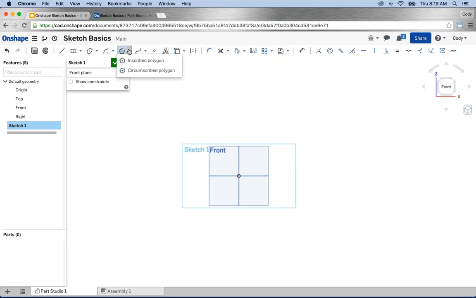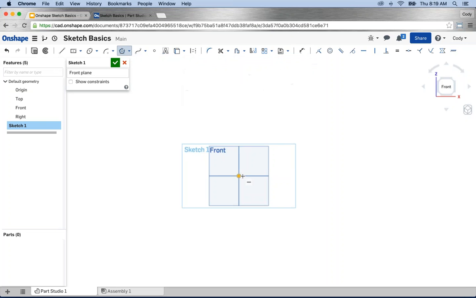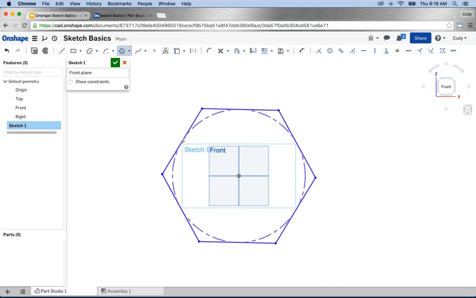Now, we have 2 different polygon tools, but they're really very similar with one difference, and that's how the polygon is defined in size. You can have either an inscribed or a circumscribed polygon, and it's really just how you want to define the size of the polygon. But I'll walk you through both. Let's start with an inscribed polygon. It's very similar to a center point circle in how it's defined. So you first start with the center. So we'll start at the origin, left click, and of course as I start dragging out, you'll see the polygon